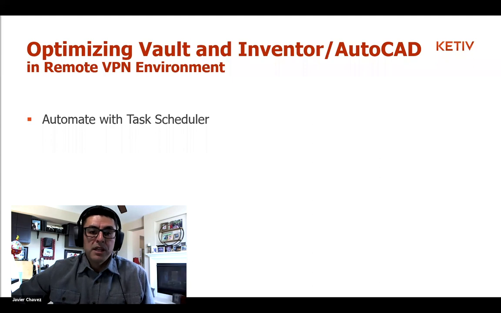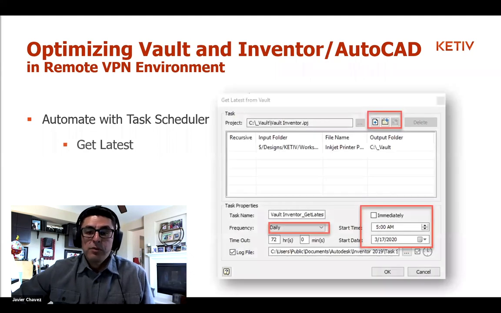So you're going to want to automate this. Why do this on your own, on your work time? Why spend the first half hour of your day just downloading and checking out these files? Instead, automate this. Inventor comes with a task scheduler, okay? You could basically launch it and set it up to do a number of things. One of them would be some of the things that we talked about here,